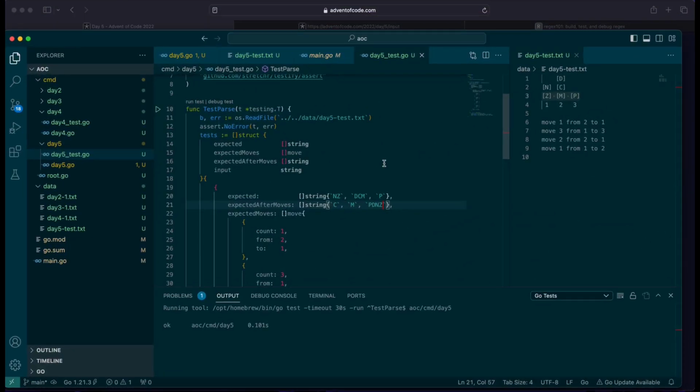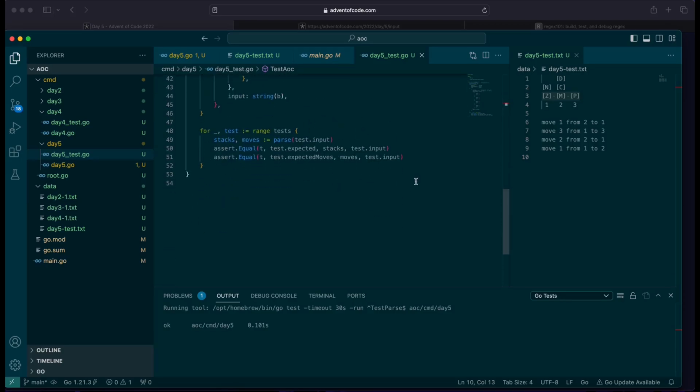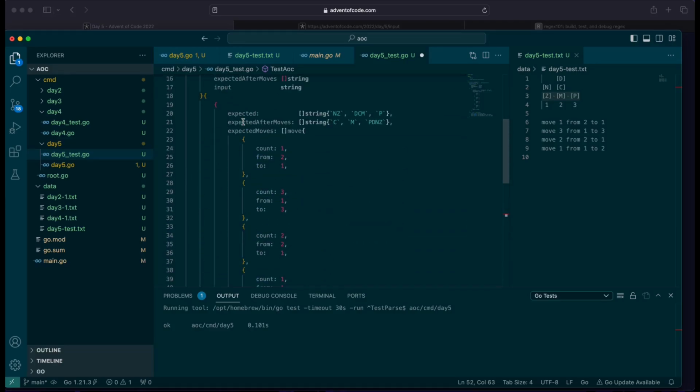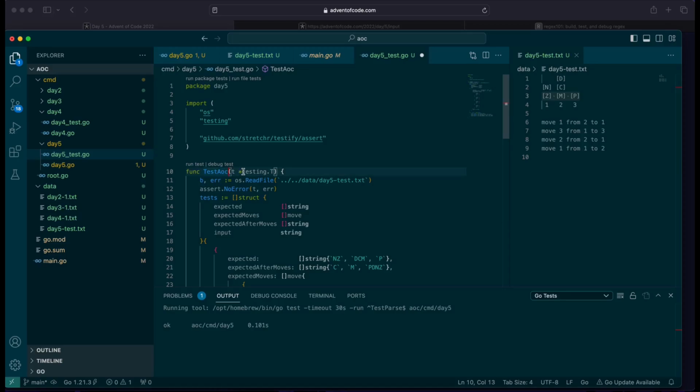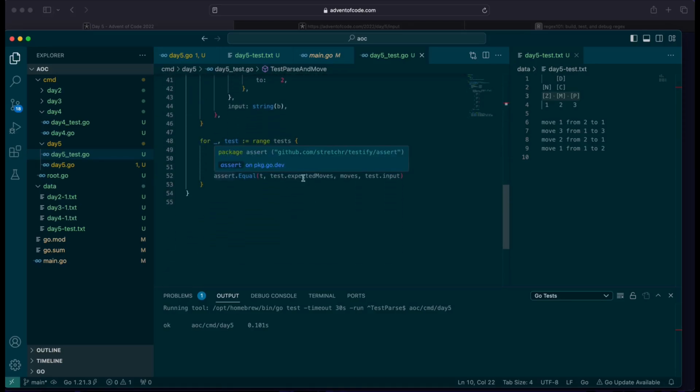Okay. So that's our expectation after our moves, and I'm just going to rename this to test AOC instead of test parse. That's fine. Test parse and move. And then, so then our